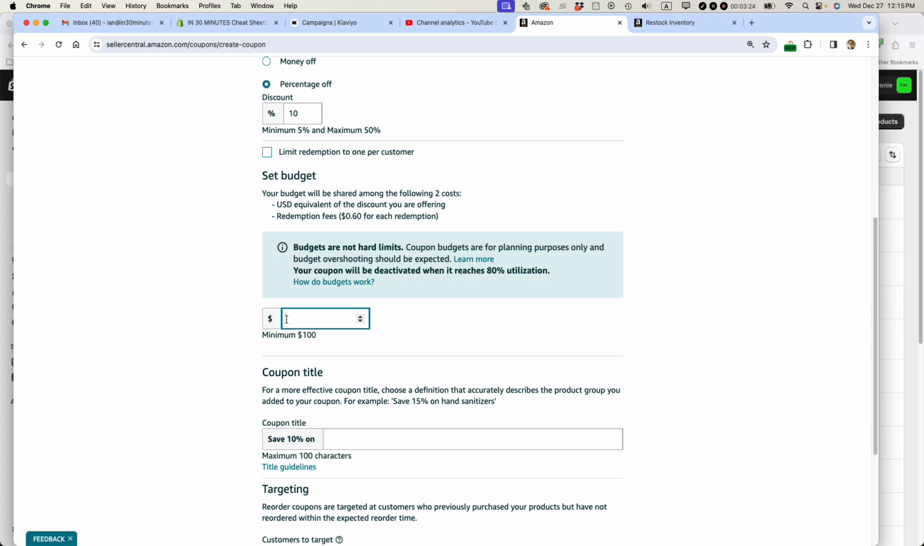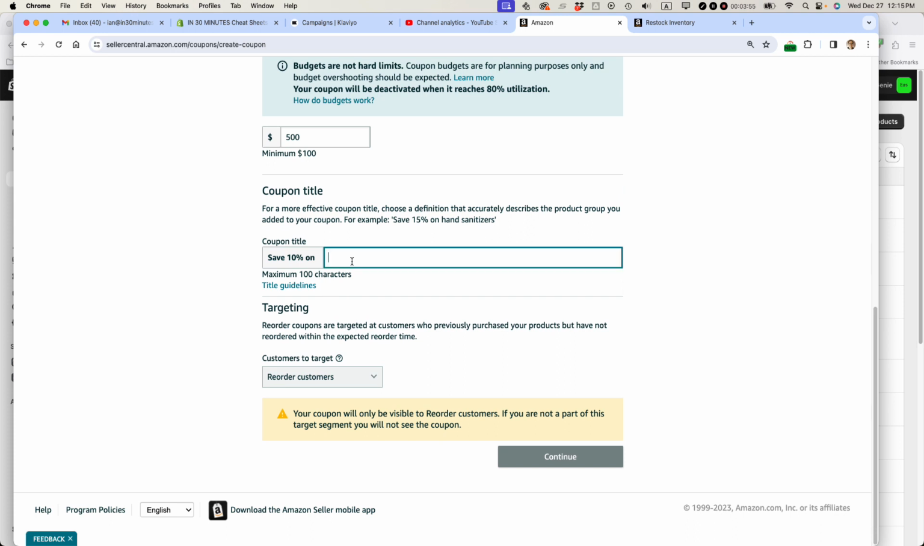Then select budget. I'm going to put in a relatively big budget for me. Just so you know, what the offering is, is the US dollar equivalent of the discount you're offering. So this is about $2.20 and redemption fees of 60 cents per each redemption. All in all, this is close to $3 for each redemption, including the discount itself, and I'm budgeting $500. So I'll be able to sell maybe like 150 of these items using that, if people actually go for it, and then save 10% on